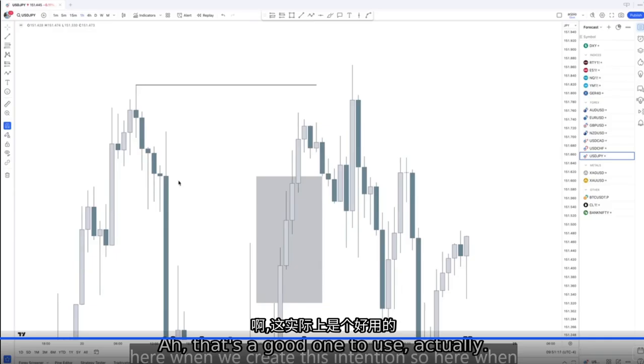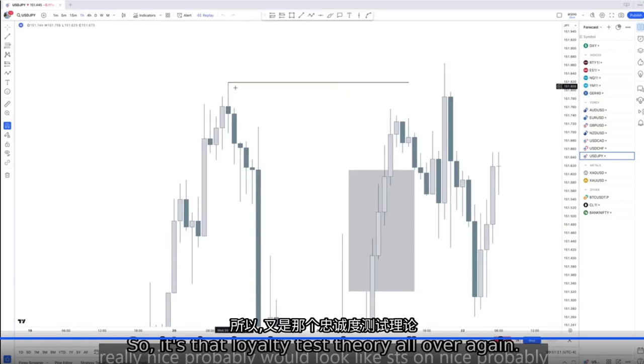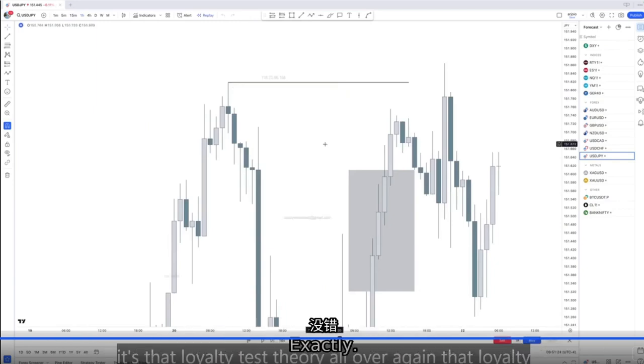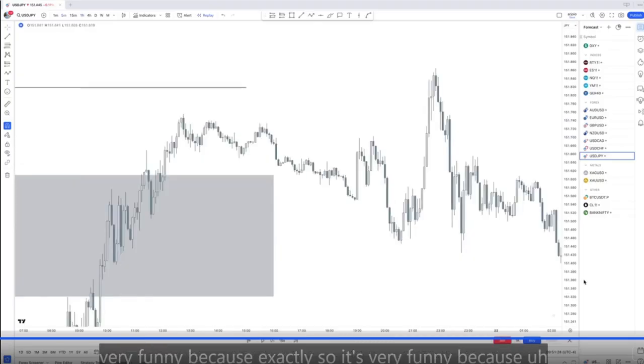That's a good one to use actually. That's a good spot actually. That's really nice. Probably would look like STs on the 5 minute getting violated. So it's that loyalty test theory all over again. Exactly. So it's very funny because right here, if we